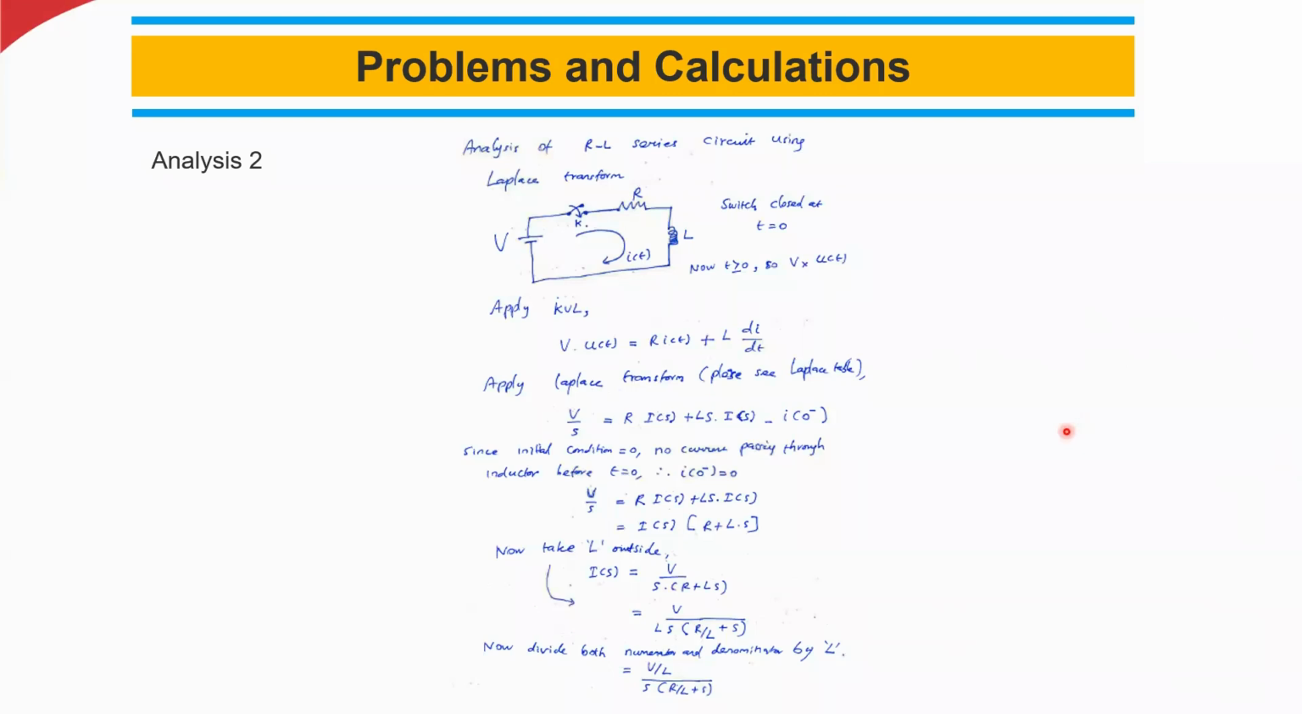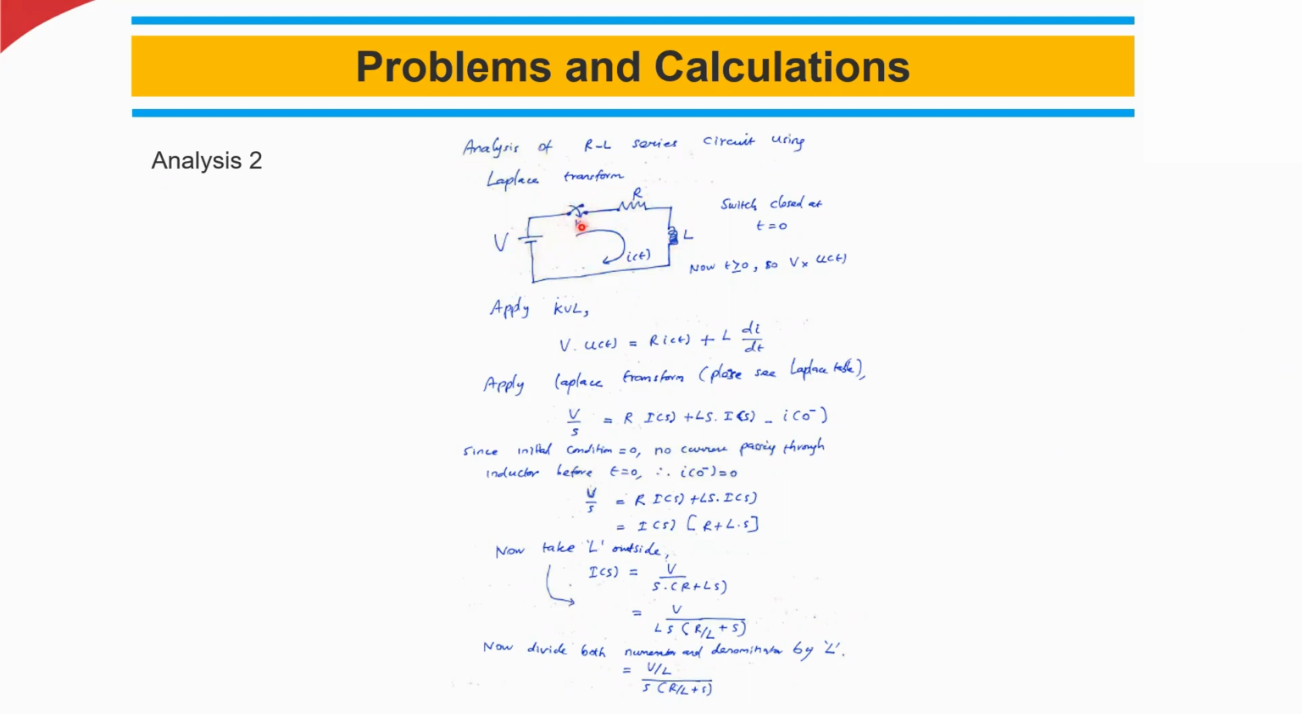Hi all, in this lecture we will see analysis 2. We are going to see the RL series circuit. In the first analysis we had seen the RC series circuit, but in this one we will see the RL series circuit. A resistor and an inductor are connected in series together with the voltage source, and also of course